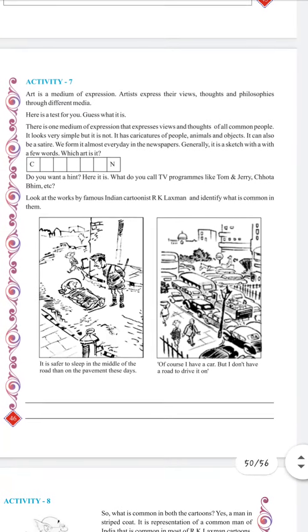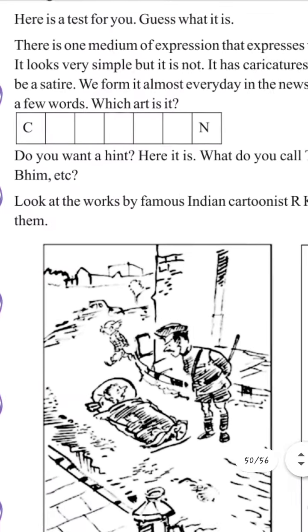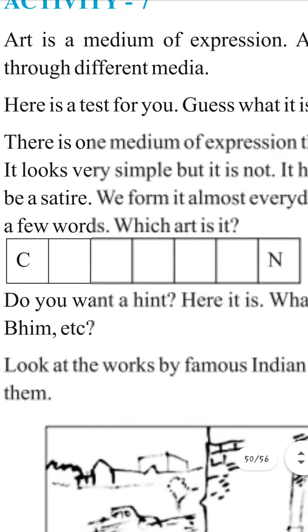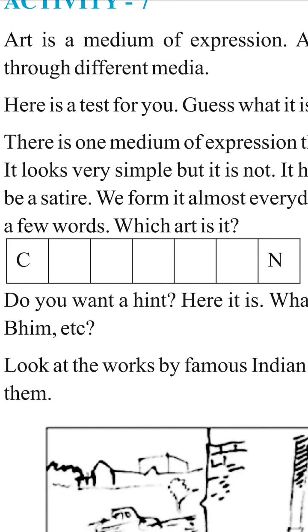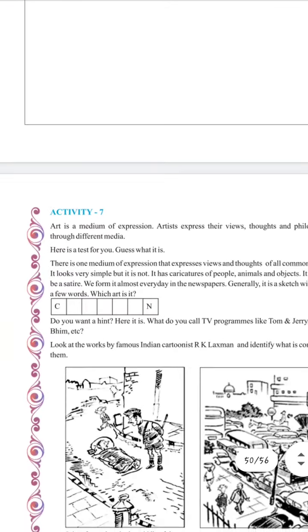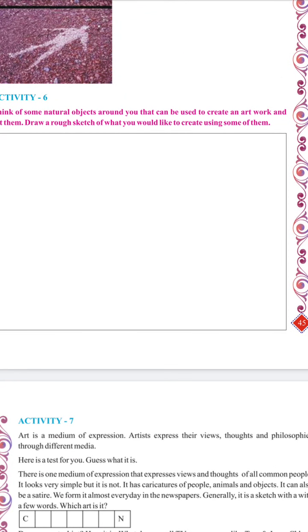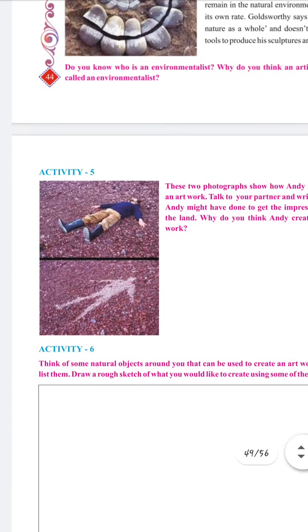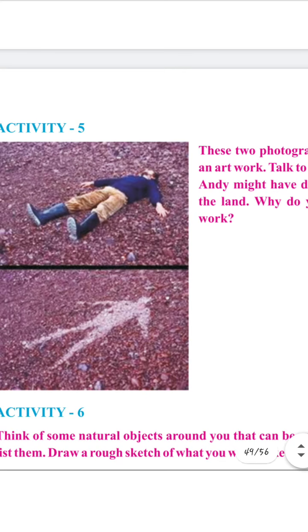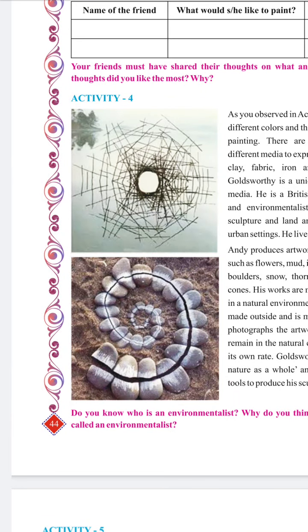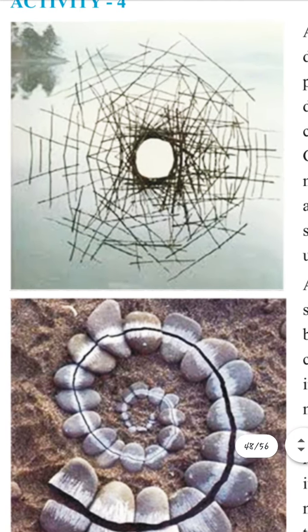So I think today this is enough for you all. Here you have to write the answer for these boxes which are given here. I hope you might have understood what is the word which is going to come here. I want you all to answer in the comment box, or you can also WhatsApp me. And here also you can use the natural objects which are found in your surroundings, and you can create a beautiful artwork. One of the examples is given here, that is used by Mr. Andy. He is a very well known drawing artist. See, these are the art done by Mr. Andy using the natural objects.